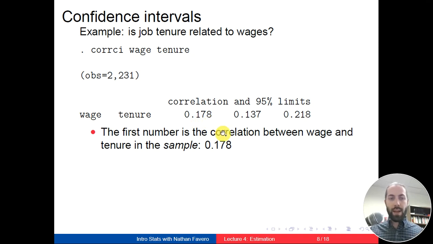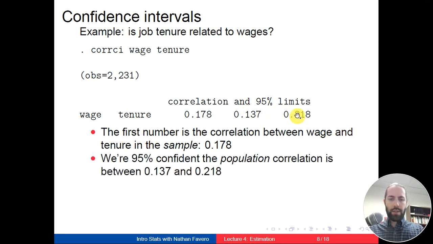That means that when tenure is higher, wage tends to be higher. But 0.178, that's a lot closer to 0 than it is to 1, right? The very maximum correlation that we can have. So we would say it's not a very strong relationship, but it's a slightly positive relationship. These next two numbers in this output, though, are going to give us that